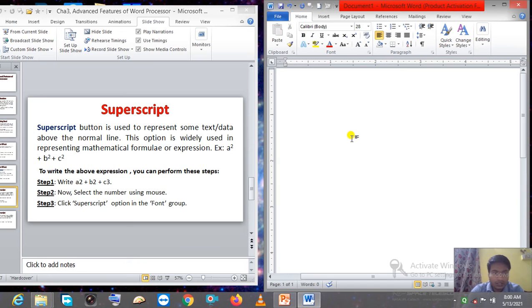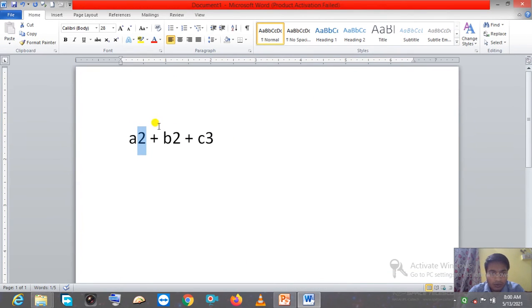First you write a2 plus b2 plus c3. Now here you can see all are written in normal line. Now select the number where you want to apply superscript. Now where are you supposed to go?